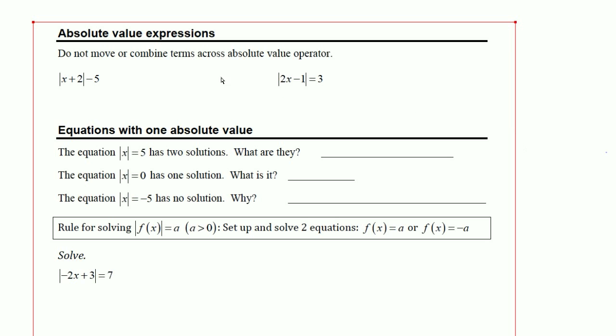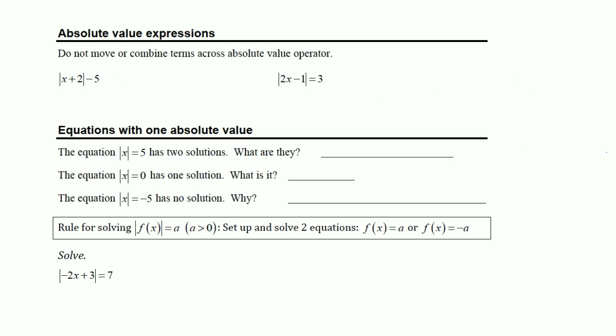Absolute value equations. First of all, one thing that we need to appreciate about absolute value expressions, which is what makes these equations hard, is that we really can't move any terms in and out from this absolute value. For example, in this first one, there's no way that we can combine this plus 2 and the negative 5 because the plus 2 is inside the absolute value, the negative 5 is outside. So there's no algebraic simplification that we could do here that would allow us to combine these or simplify this